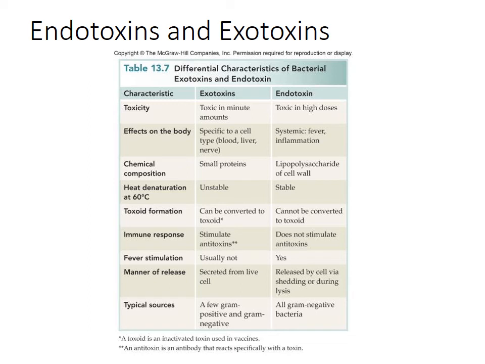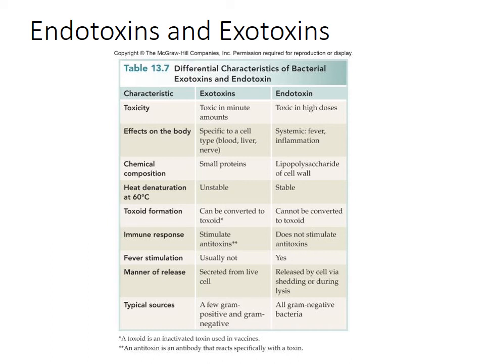When we look at the amount that's needed, so toxicity, which is the first row, with exotoxins, we just need small amounts because it's very specific. It's targeting a specific type of cell. With endotoxins, we actually need larger amounts of it, but we can have a very systemic effect. So it's not isolated to a single cell type, but any cell. And the other thing to point out is